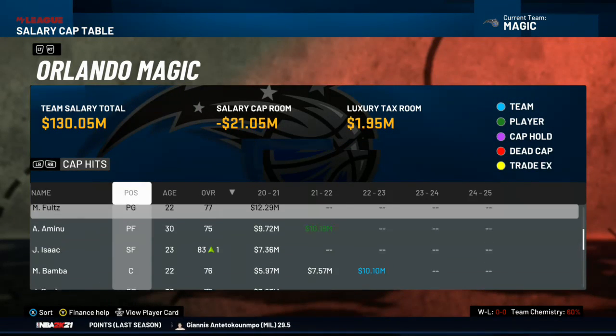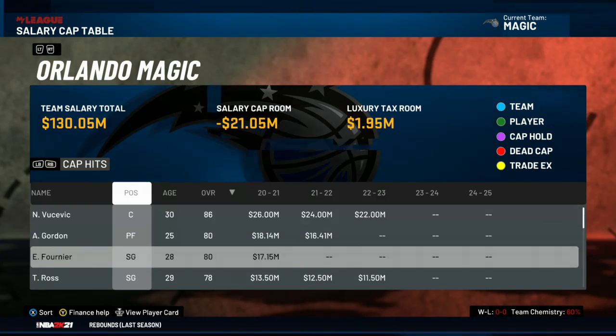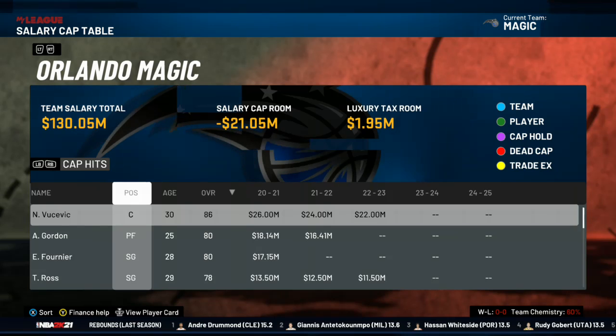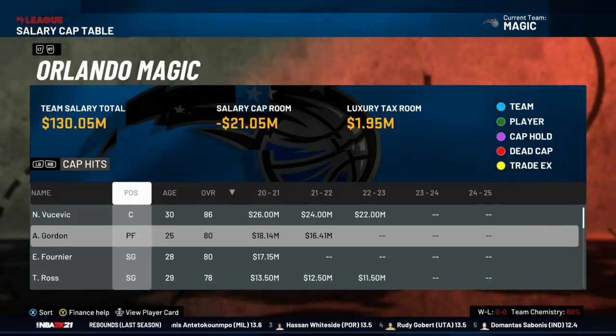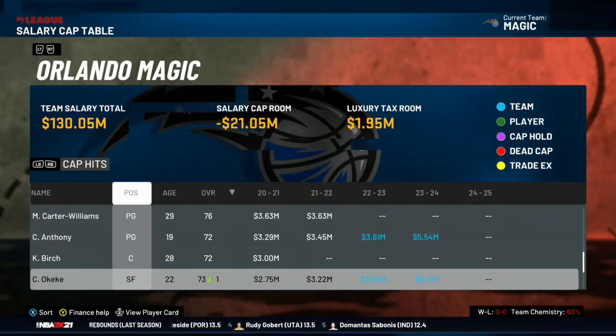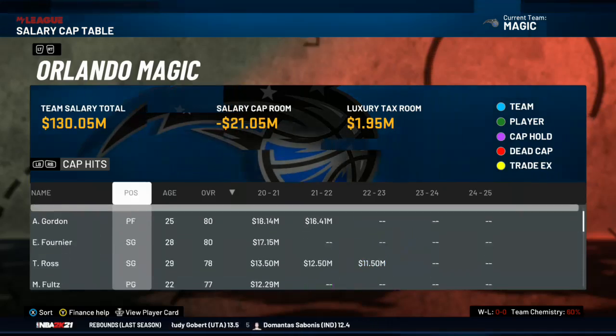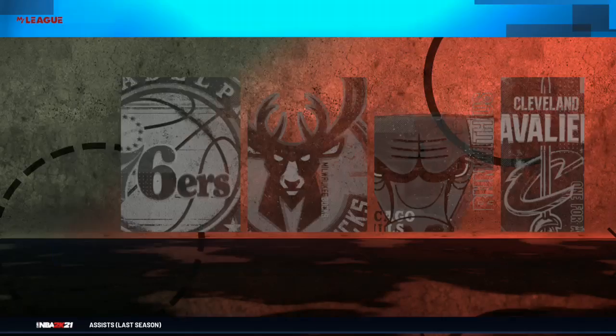But yeah, this group here of Aminu, Ross, Fournier, and Vooch might all end up having to get moved out so that I can make room to bring back Fultz and Isaac and build around them. So we'll see how that goes. But I want to go ahead and go into my